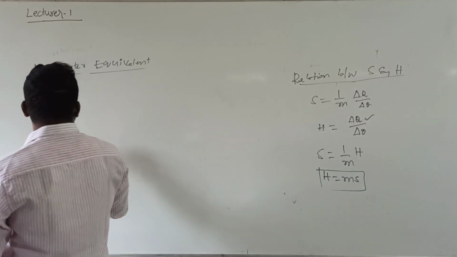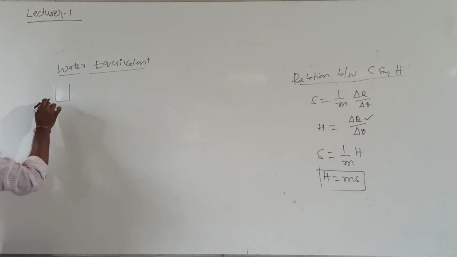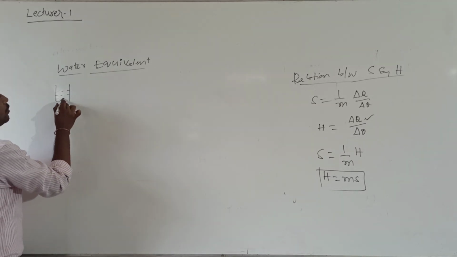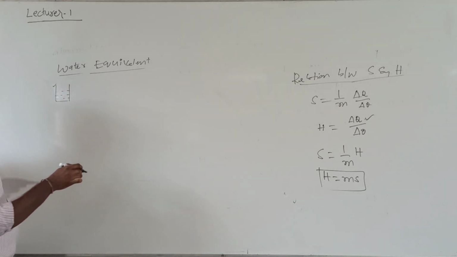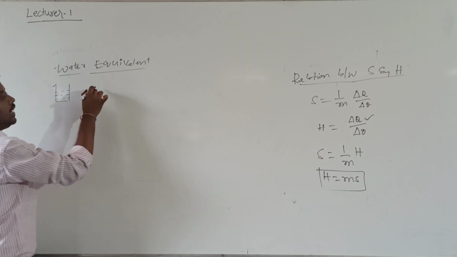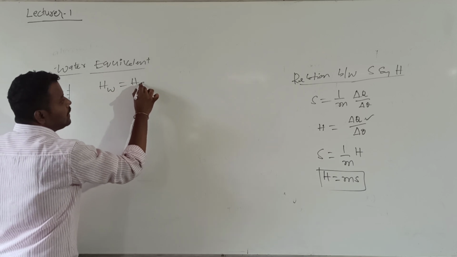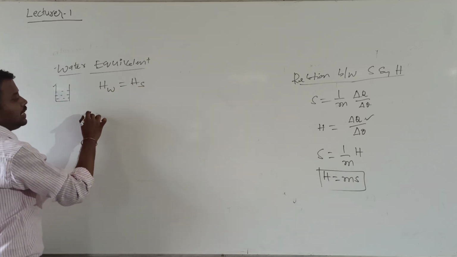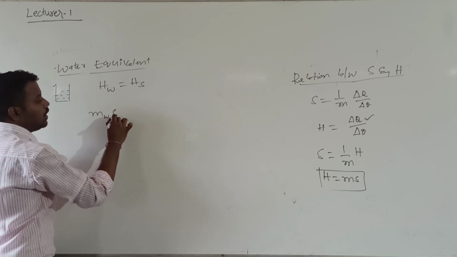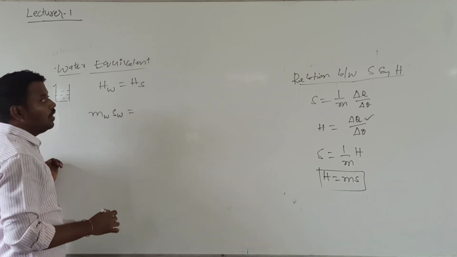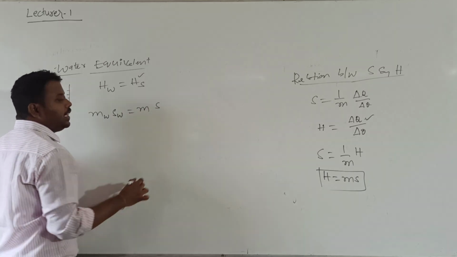To understand this, let us consider a certain substance, one calorimeter, a copper vessel I take. In this copper vessel I have taken some water. Then I can call this substance, that copper vessel, a water equivalent. To call it a water equivalent, the heat capacity of water should be equal to the heat capacity of the substance. Heat capacity is the product of mass and specific heat capacity. Mass of the water and the specific heat capacity of water. Here the heat capacity of the substance is the product of mass of the substance into specific heat.